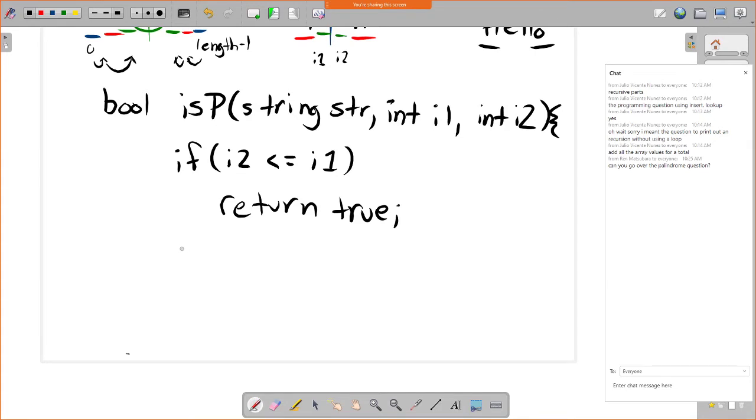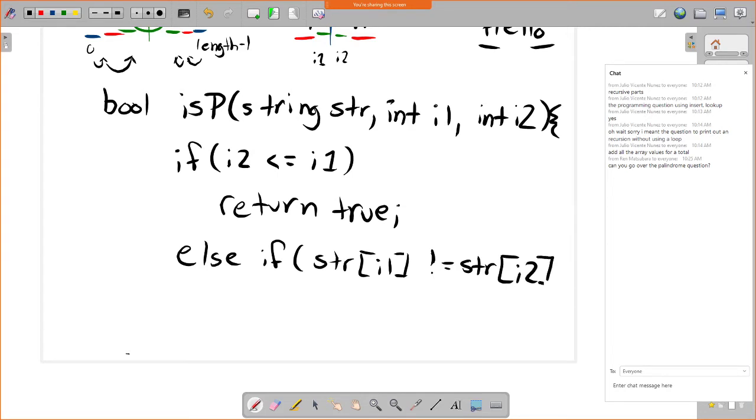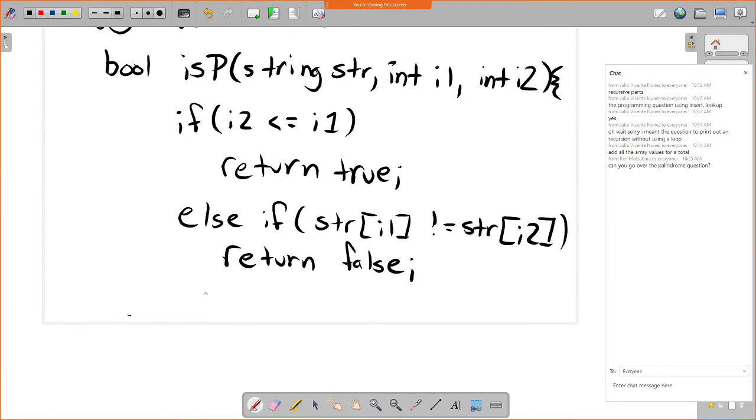And then the other part we said was else if str I1 does not equal str I2, then we can return false. I could actually probably throw this all into one function call if we wanted to be really efficient and fancy about it. And then else,